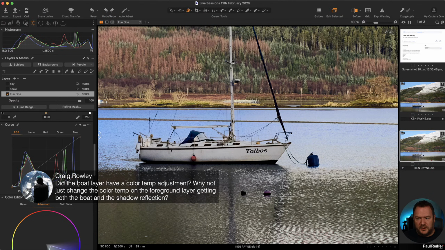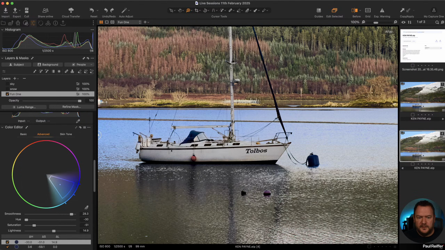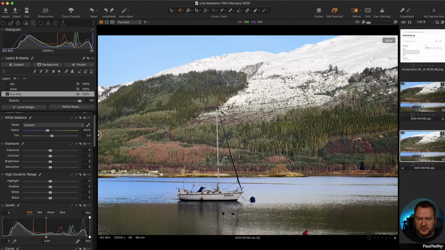into the blue adjustment, so it's the same mask, my fun one, literally I copied the mask across, but most of the change has been done on our color editor, so it's taken the blue and moved it to be more green, less saturated. You know, the biggest change is this -50 saturation. It's got rid of the saturation. But then on top of that, we do a smaller adjustment to white balance just to warm it up a little bit. Then you get a much cleaner and more realistic result.